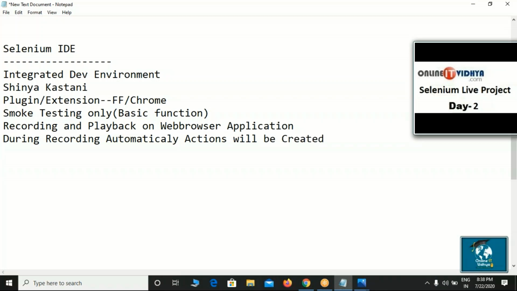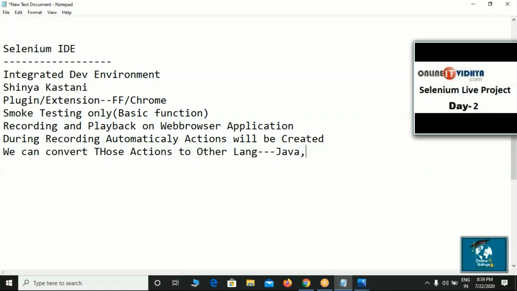You no need to write any code. Whatever the actions I am performing, such as login actions, create account actions, everything will be recorded. After recording, converting into other languages is also possible. We can convert those actions or those test cases to other languages also, such as